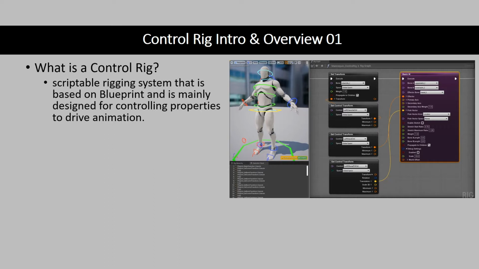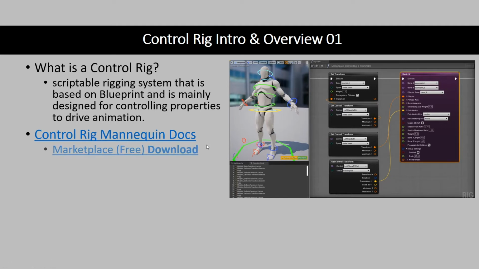Now, I've used control rigs before, taking motion capture data and modifying it in another program. So essentially it's a layer of controls, and you can see some of these controls, and they might look familiar to you if you've done rigging before, that simplify or add a set of controls on top of something else that's more complex underneath. So there's a link that I'll put in the PDF for the control rig mannequin docs.